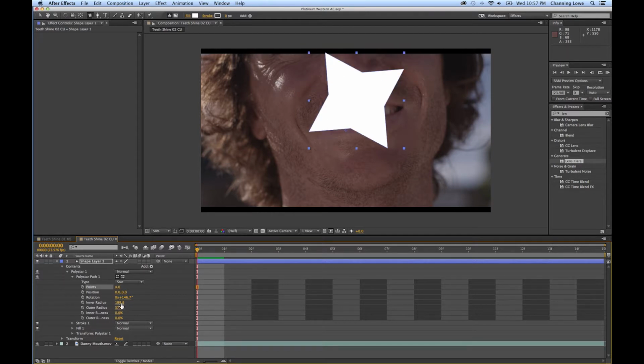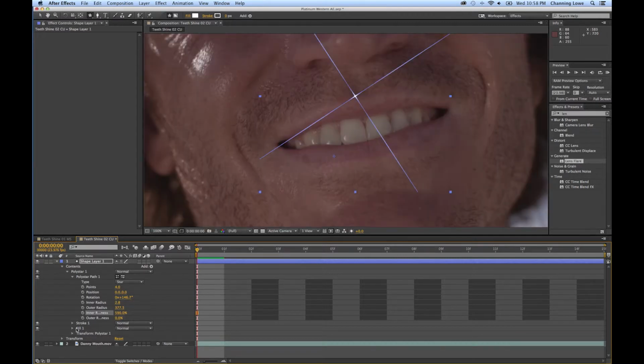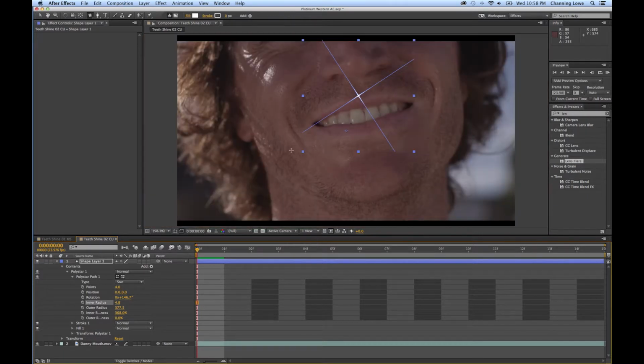Now I'm going to change the inner radius. Change the inner roundness so it's a little bit fatter on the inside. There we go, and make it a little bit bigger, right about there. Okay, now the main trick that I'm going to have to watch out for here is to